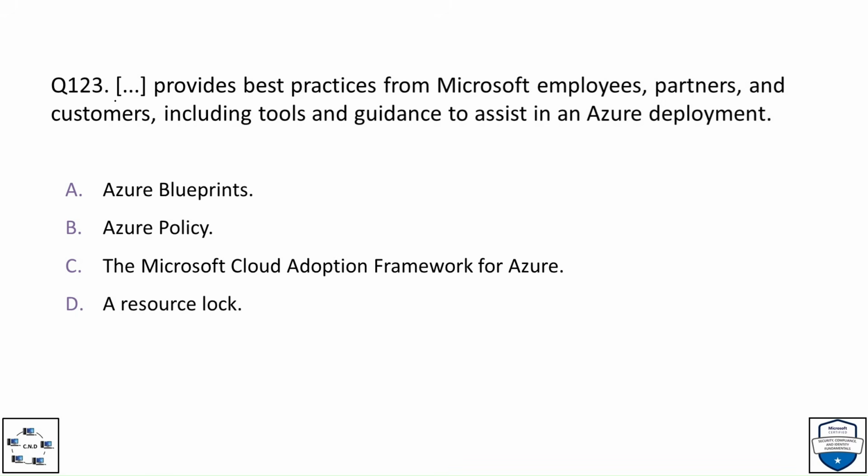Question number 1 to 3. Blank provides best practices from Microsoft employees, partners, and customers, including tools and guidance to assist in an Azure deployment. Option A, Azure Blueprints. Option B, Azure Policy. Option C, the Microsoft Cloud Adoption Framework for Azure. And option D, a resource lock. And the correct option is